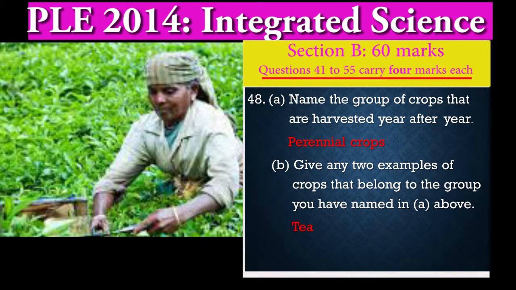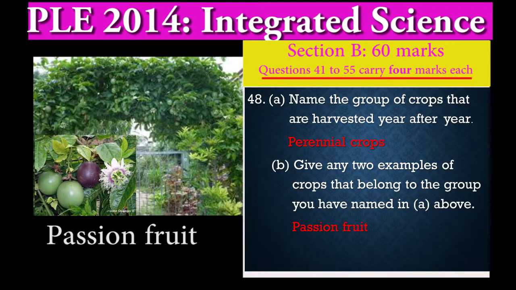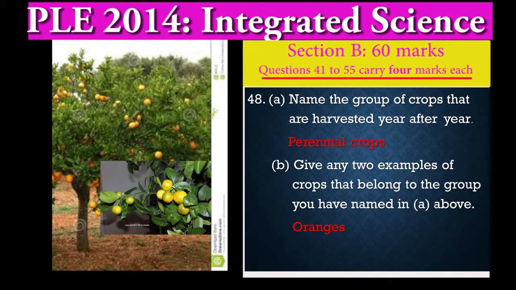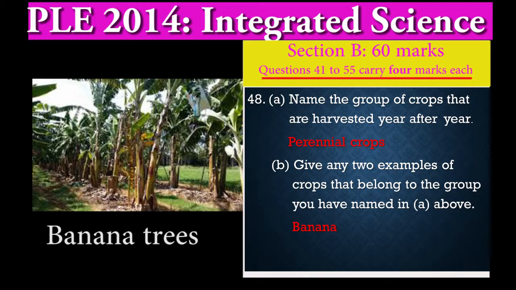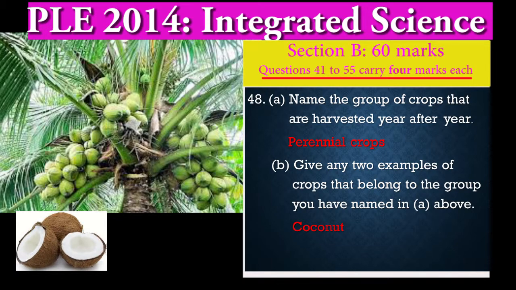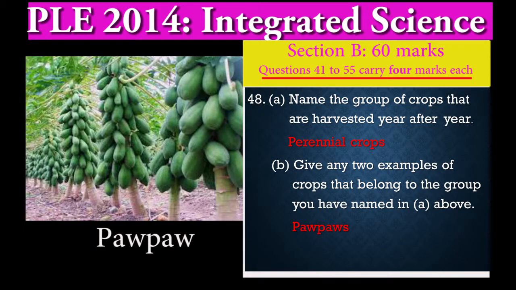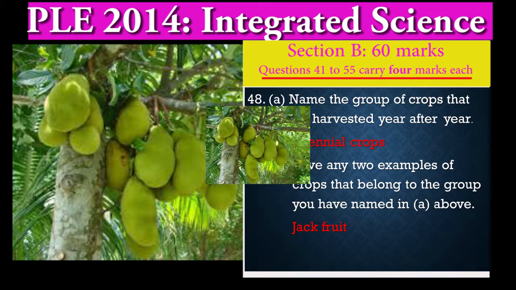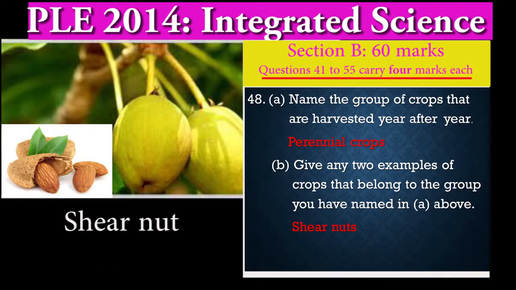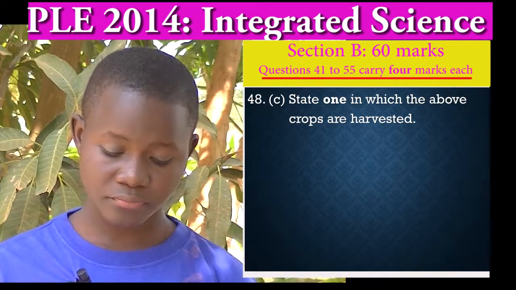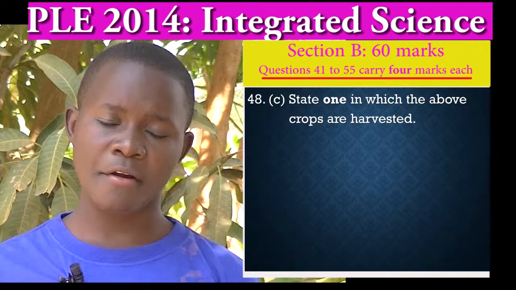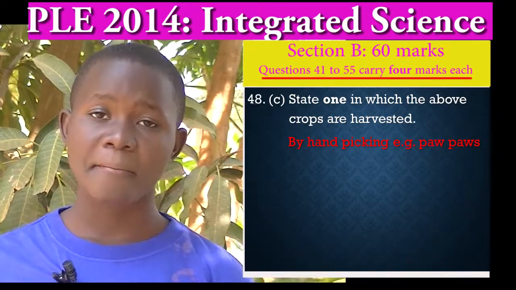Coffee, tea, passion fruit, mangoes, oranges, bananas, sisal, coconuts, pawpaw, apples, jackfruit, avocado, shea nuts. State one way in which the above crops are harvested: by hand picking,